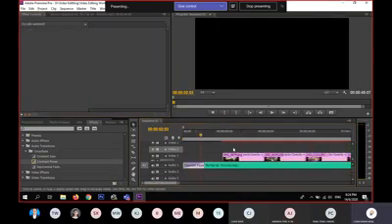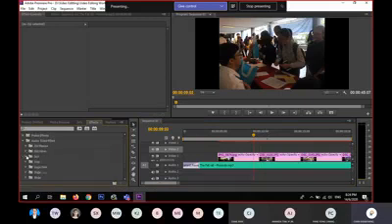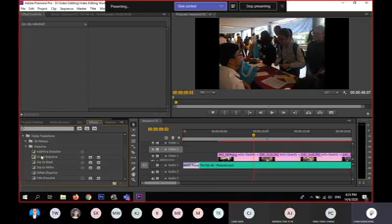I will close off the music at first, because it sounds quite loud for me here. So then for the transition here, there will be video transition. So there is a list of video transitions you can choose from. For example, let's just use dissolve. I use cross dissolve. You can add it in the center between two pictures,